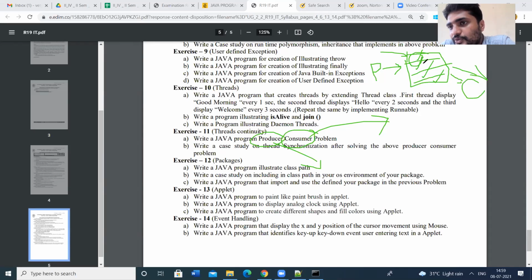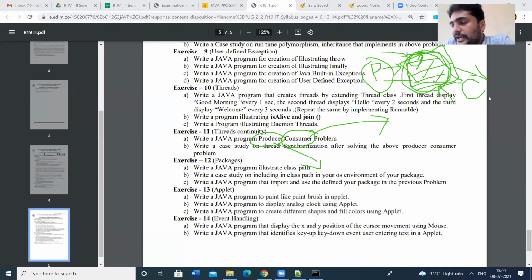So whenever the producer produces an item, suppose we can maintain some memory here. If the memory is full, there are so many conditions here. If the memory is full, the producer can't produce the item. Why? Because it has no space. That is one condition. If the memory is empty, that means the consumer cannot consume the item. If there is no item, then the consumer has no way to access the items. So that is one condition.